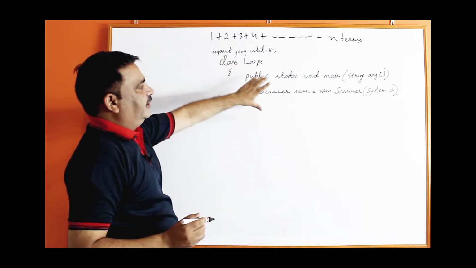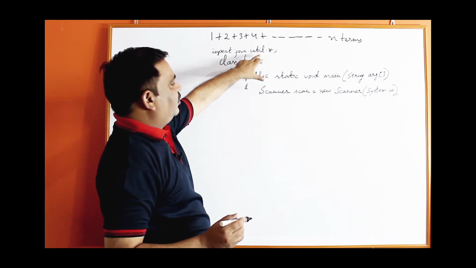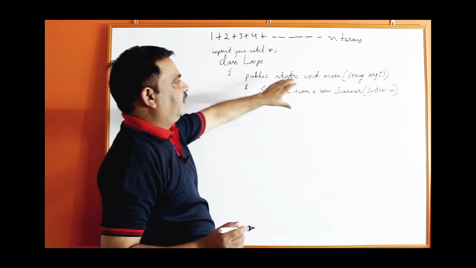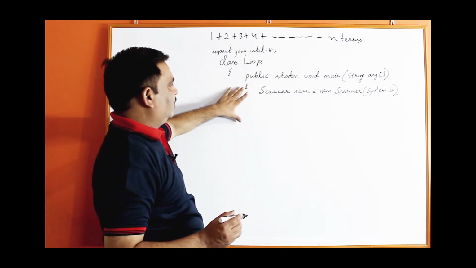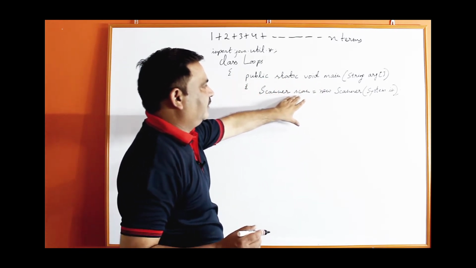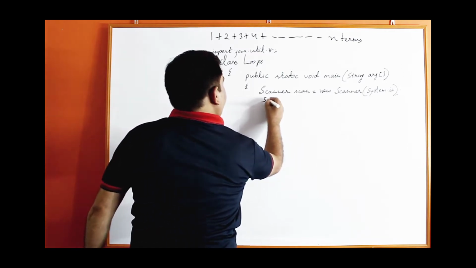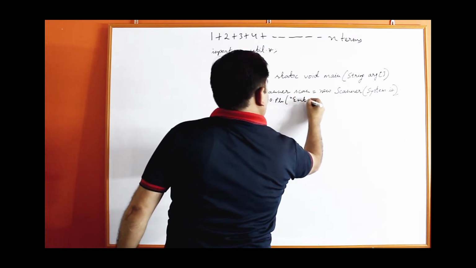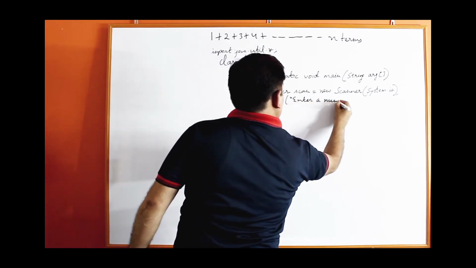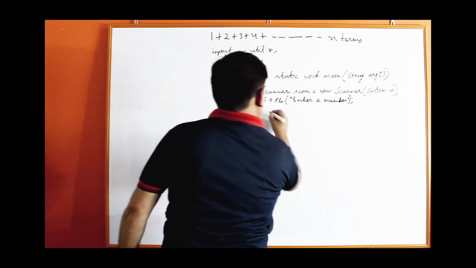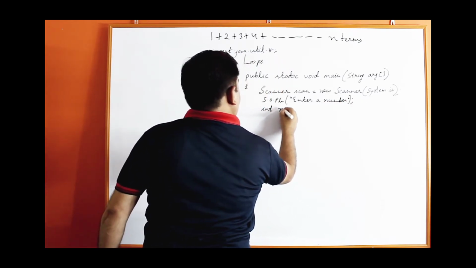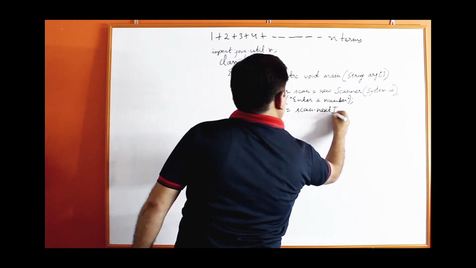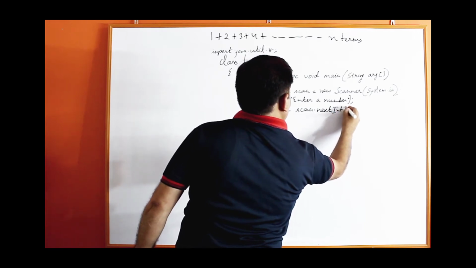So, I have made a small segment. I have imported the package to use the Scanner class, named the class Loops, and written public static void main(String args), starting the function. A Scanner class object is created with the name scan. Now you can give the message "Enter a number". It is not compulsory, I am just writing it. Then take one variable, int n equal to scan.nextInt(), a single function nextInt to input the n value.